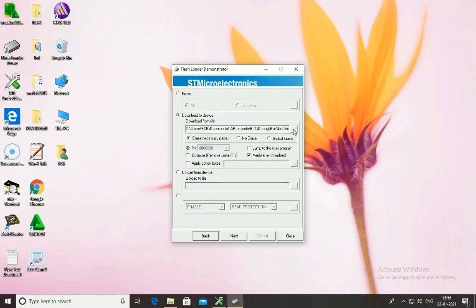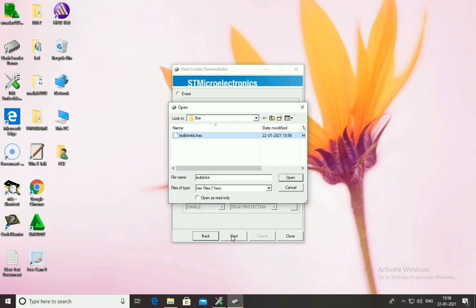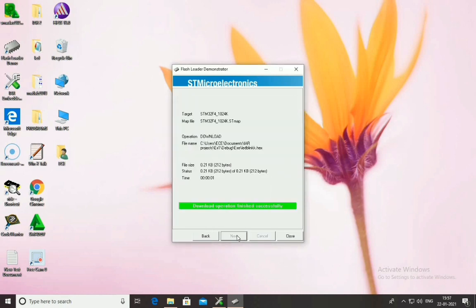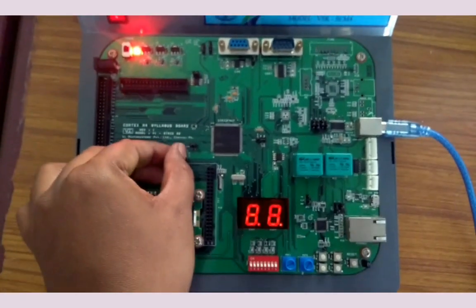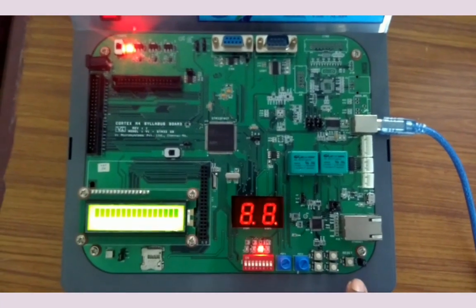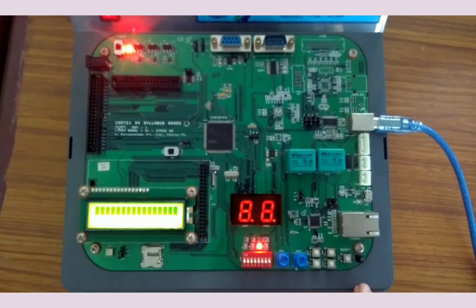Next, download the file. Okay, it is successfully downloaded. So now you can see the output in the kit. Okay, a particular LED will glow.